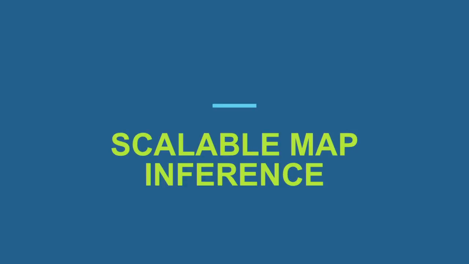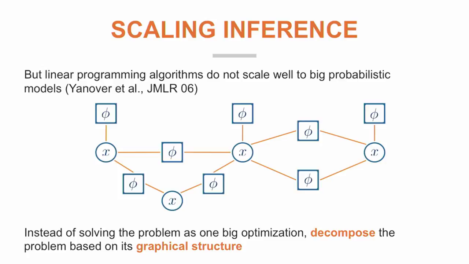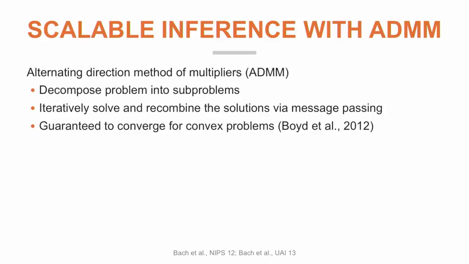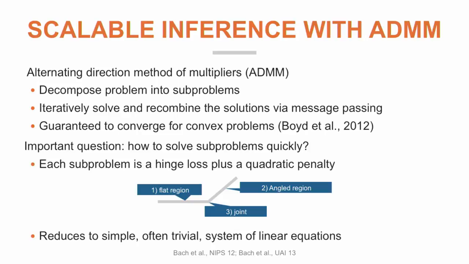But now we can make it even faster. This kind of MRF actually has a lot of fine-grained structure. And so by looking at this fine-grained structure, we can actually improve our optimization techniques even more. And we used the optimization technique ADMM in order to do this, but basically the idea is you solve these little sub-problems independently, you combine the results, and it's guaranteed to converge for convex problems. The only trick in doing this for PSL is how do you take the potentials and solve them quickly? And it turns out the potentials have this nice form where you can decompose it further. And it turns out if you go this far in decomposing the problem, you actually get these really simplified algorithms